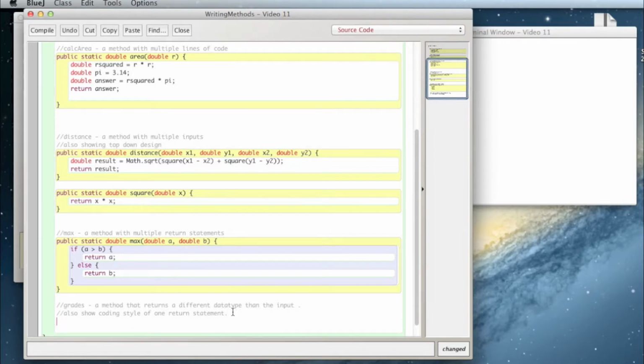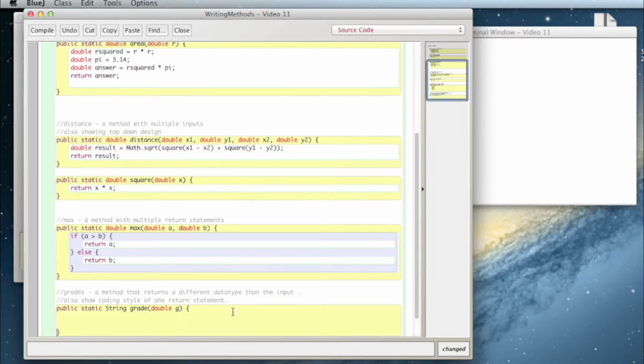So this method takes a grade, like a grade you got on the test, let's say you got an 88, and returns the letter grade that is. So public static, this returns a string. Grade, double g. Okay, so the input is a double, but the output is a string, and that's perfectly fine to have a different one. So if g is greater or equal to 90,